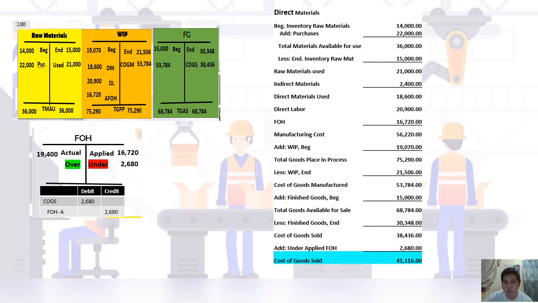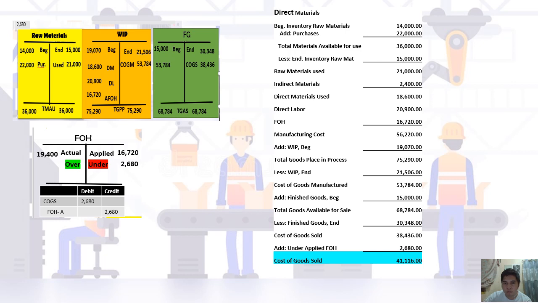56,220. Add with beginning 19,070 pesos. So, para makuha natin total goods placed in process na 75,290 less with ending 21,506 para makuha ang cost of goods manufactured na 53,784. Add natin ang finished goods beginning na 15,000 para makuha ang total goods available for sale na 68,784 less finished goods ending 30,348 para makuha natin